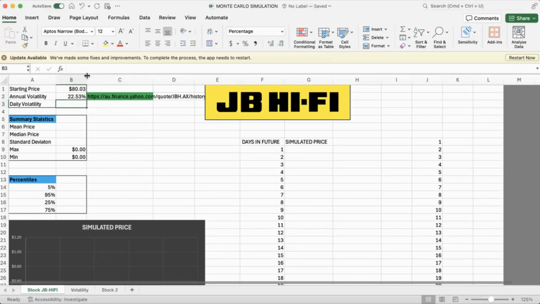But that's an annual volatility rate, and we are simulating the future prices in days. So we need the daily volatility rate. In order to calculate that, we simply take the annual volatility rate and divide that number with the square root of the total number of trading days. So if we do that, here, divide it with the square root